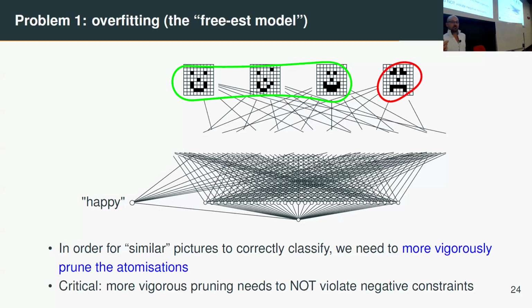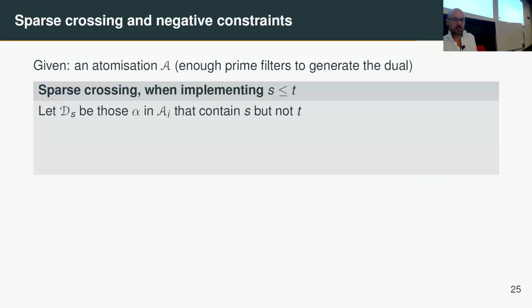But of course, we had some negative constraints. And of course, this is a very simple classifying problem here, just a baby example. You would need to make sure that if you vigorously pruned, you weren't collapsing too far to somehow classify a sad face as a happy face. So each time you take a smaller subalgebra, you want to make sure that you're not forcing something you didn't want to be counting as happy, as being happy. So you have to avoid that. That's just a check though.